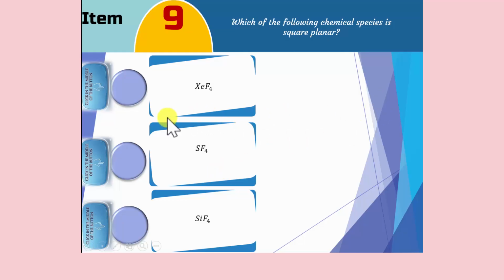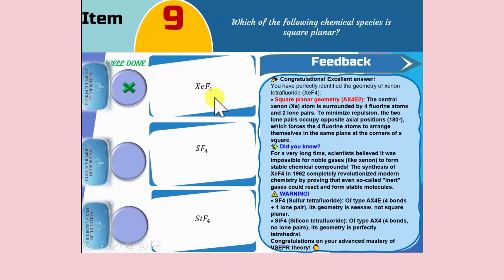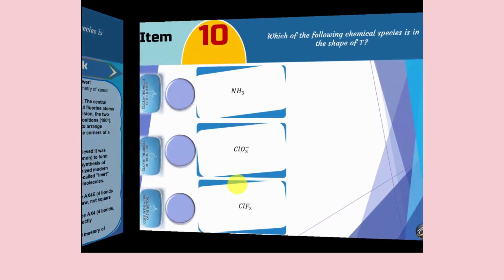The correct answer is XeF4, or xenon tetrafluoride. Its VSEPR classification is AX4E2, 4 bonding pairs and 2 lone pairs around the central xenon atom. The lone pairs position themselves opposite one another, minimizing repulsion, while the 4 fluorine atoms remain in one plane and